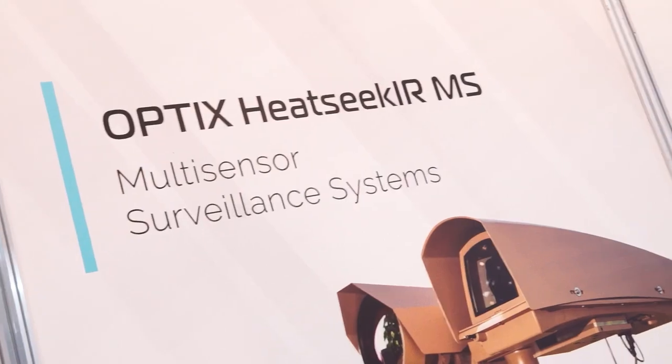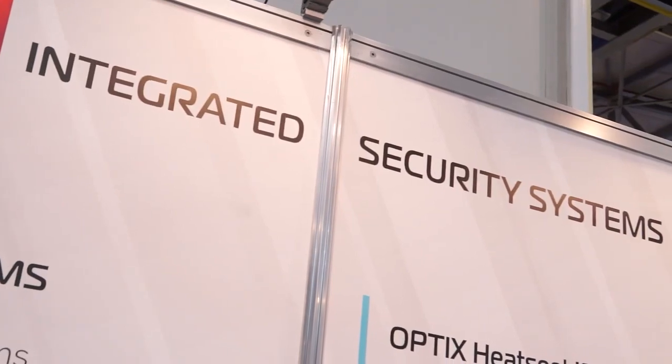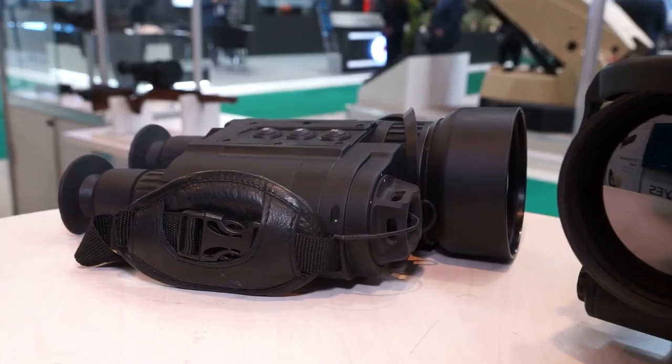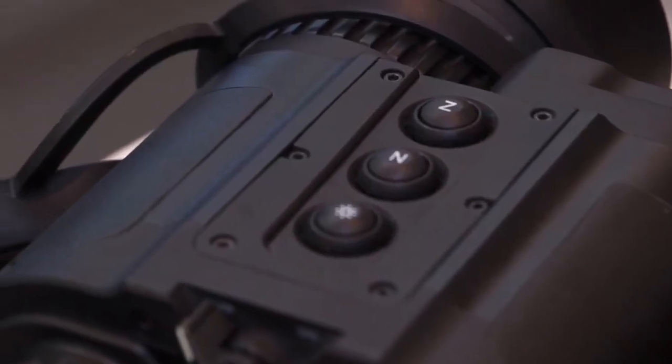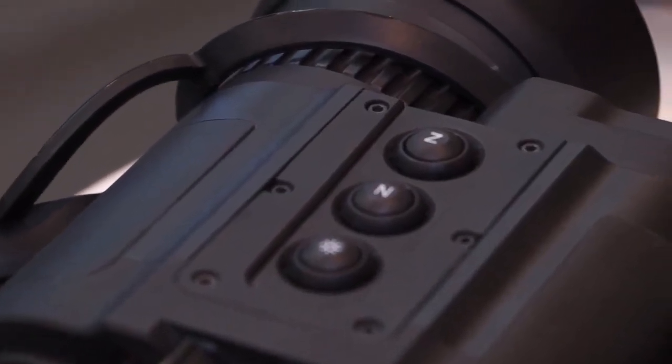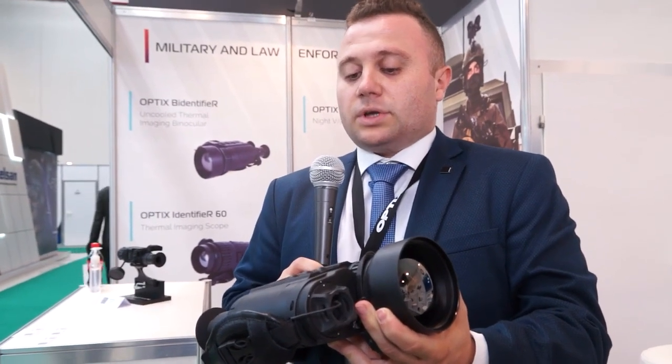sights, and we also have our integrated systems production line, where we not only produce thermal imaging cameras, day vision cameras, panoramic devices and laser rangefinders, but we also do integration. I'm gonna show you our premium thermal imaging binocular, Bidentifier 100, an exclusive thermal imaging binocular, uncooled, 640x480 resolution, 17 micron. It is primarily used for observation during day and night time, up to 6 kilometer detection